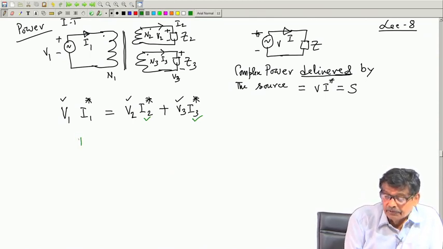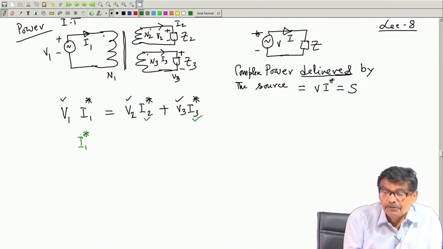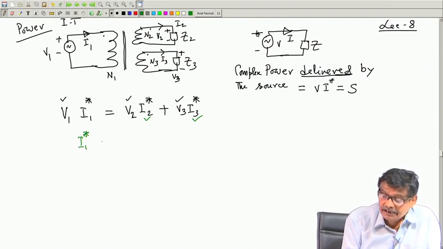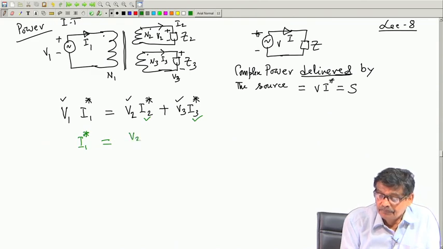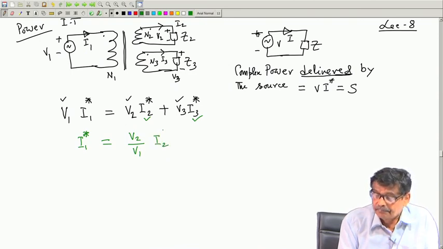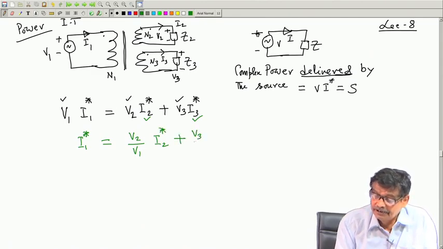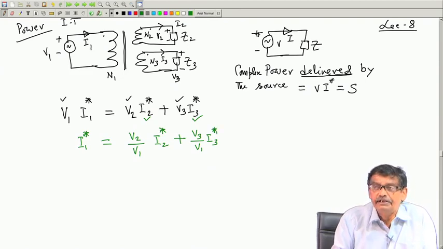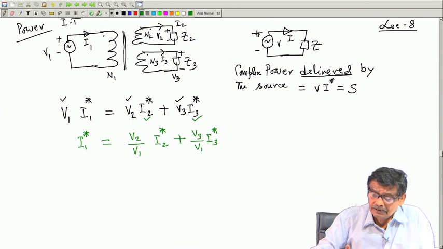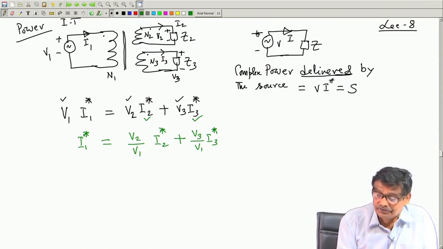Therefore, I1* can be calculated, because my problem is what is the current drawn from the supply. It will be equal to V2 by V1 into I2*, plus V3 by V1 into I3*. If I make any mistake, please point it out. But V2, V1, V3, V1 are all cophasal numbers. So, these will give you that turns ratio. It is essentially another way of showing that